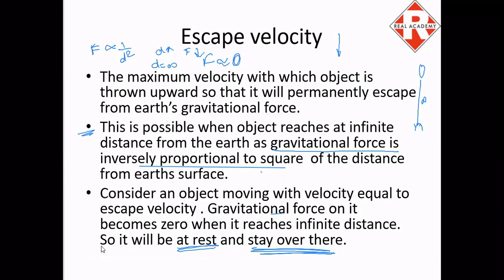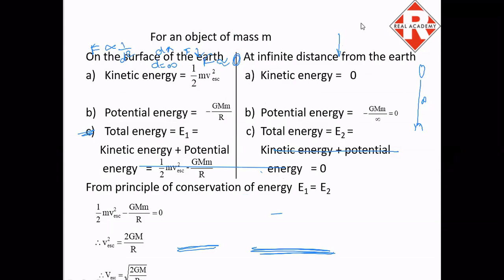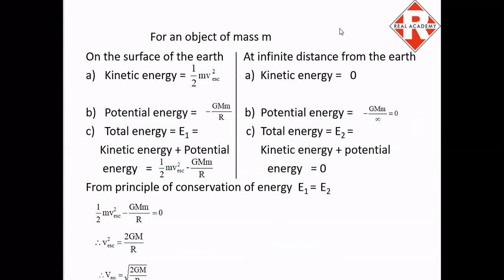Now the next thing that we have is the value to find escape velocity. Now how do we find escape velocity? It is already given. Now we are considering an object with mass m. Okay, we are considering an object with mass m. Now we are considering two situations. Okay, ये जो object है mass m का, we are considering two situations. One, the first case is when the object is on the surface of the earth, right?